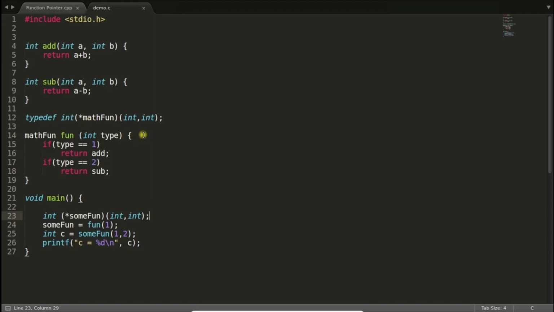It was so easy, right? What function type do you want to return? Both these functions' prototypes are the same. I mean, both are taking 2 integers and returning 1 integer. So you created a type of the same prototype here. Now let's look at the other one. That other one is a little tricky. Let's suppose you don't want to use this typedef and all, then how will you deal with this? So this is your function which will return a function pointer of